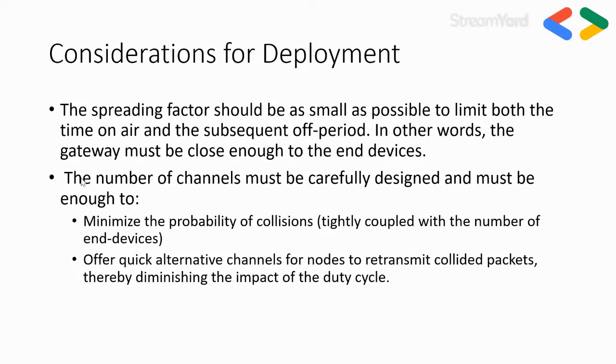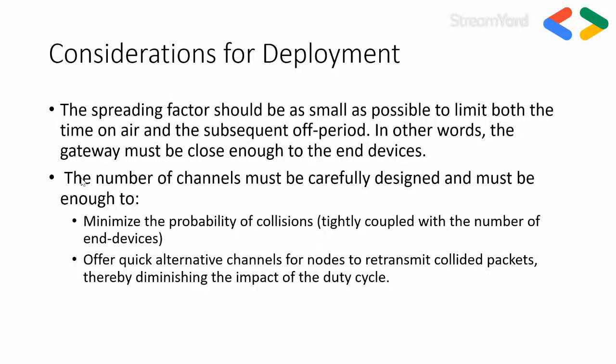Another thing that also hinders the use of LoRaWAN in IoT is the access method used in LoRaWAN. The medium access method for LoRaWAN is a random access method. So it uses Aloha, where you just send a packet into the medium, because the medium is shared by different IoT devices, right? It's not just dedicated for a single device. So the medium between the different IoT devices and the gateway is the same, so they operate on the same channel, for example.